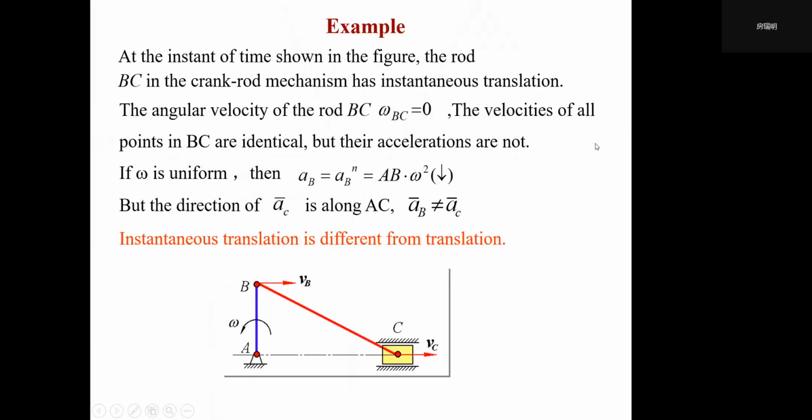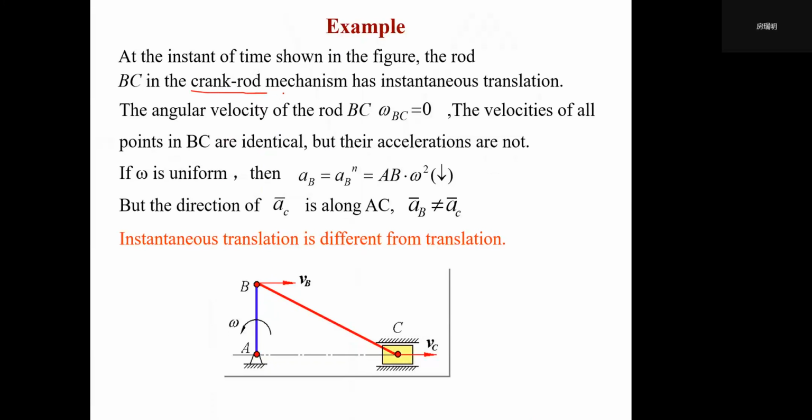So you guys can follow me, look at this example. Let me read it first. You guys just look at this figure is enough. So at the instant of time shown in this figure, the rod BC, the red link BC, in the crank